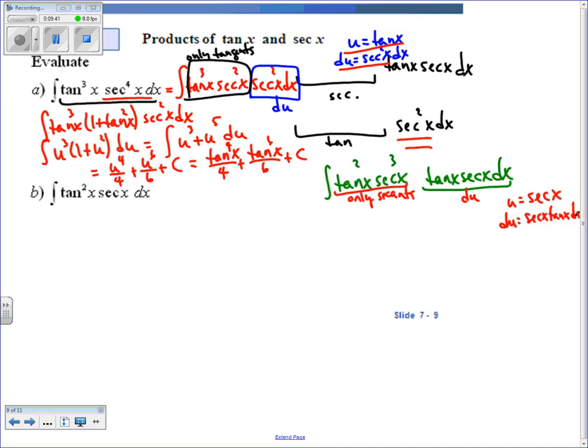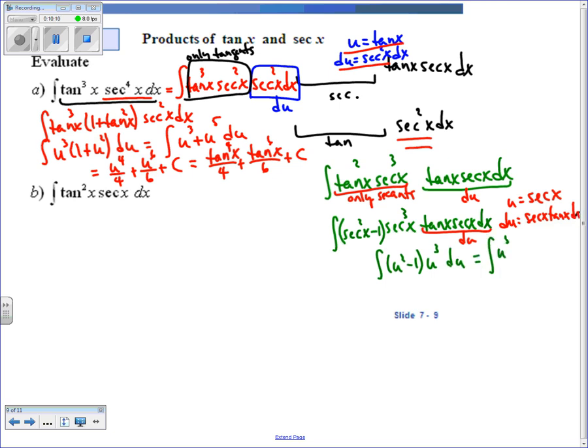Well, that's easy enough because I can change the tangent squared over. So this is just going to be secant squared of x minus 1 times the secant cubed of x, and then I've got my tangent secant. So now my u substitution, here's my du. My u is the secant, so this becomes the integral of u squared minus 1 times u cubed du,